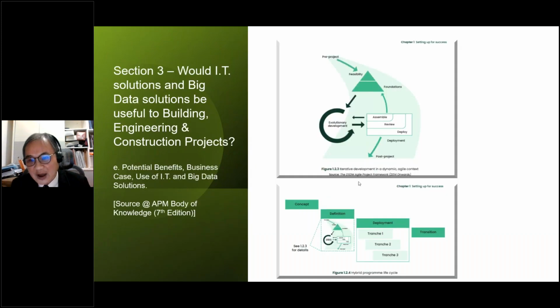And so I wish to go back to these two slides, which are extracted from the APM body of knowledge.